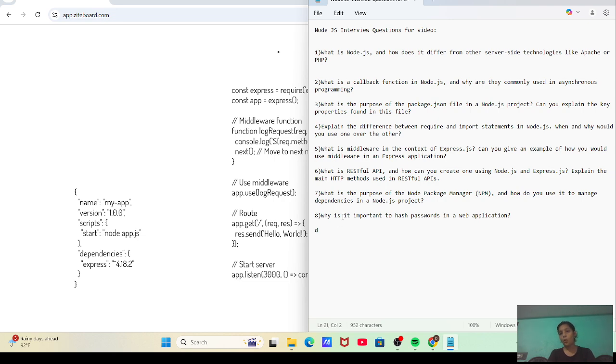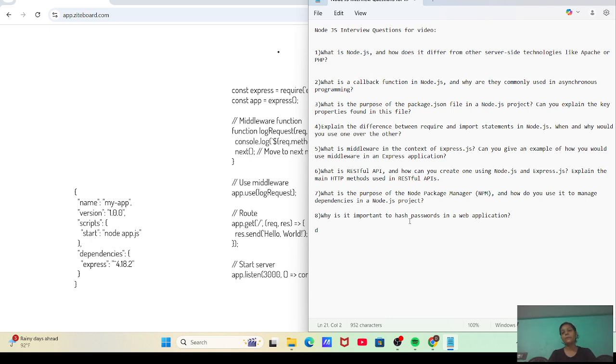Next question, why is it important to hash passwords in a web application? Passwords should be hashed to protect user data. If the database is hacked, the raw passwords are exposed, so hashing converts the password into a fixed string that is not easy to reverse.